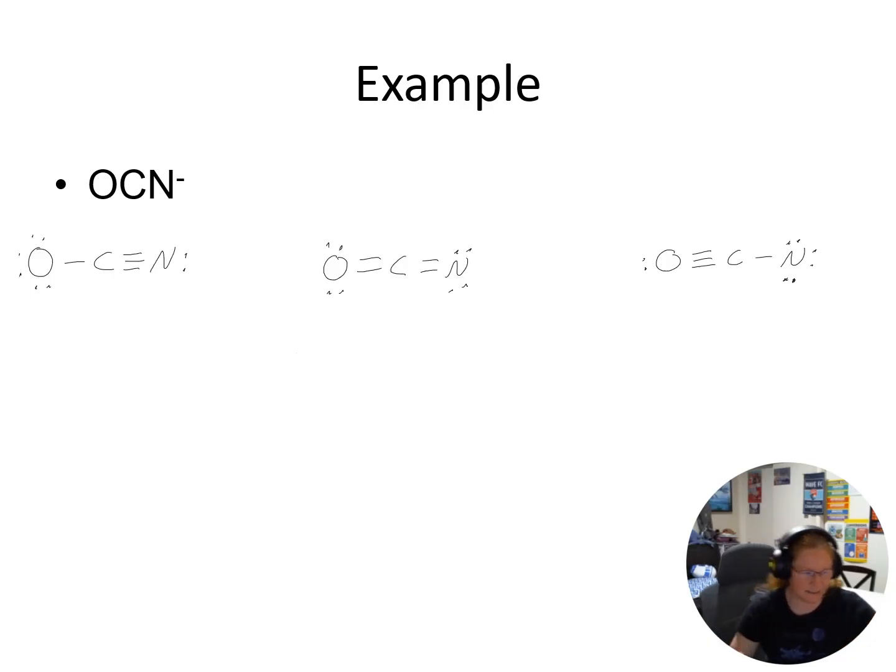All right, let's see how you did. So you should get a -1 here, a 0 here, and a 0 there. Okay, and this looks good because OCN has a -1 charge, and 0 plus 0 plus -1 is -1. Okay, so that one looks good. All right, over here you should get a 0, a 0, and a -1. Perfect. And then over here you should get a +1, a 0, and a -2. Okay, so now,